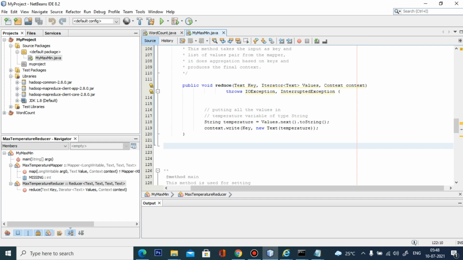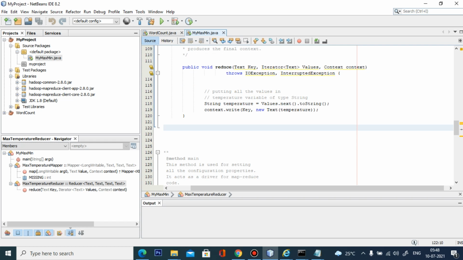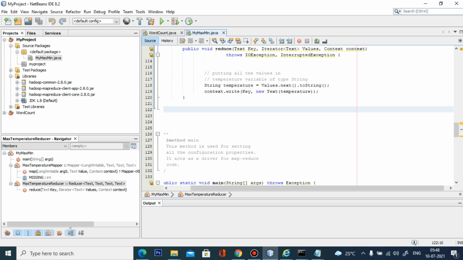So the iterator is nothing but we are collecting the list of temperature values from your mapper class. So in this reducer class, we are converting the temperature value to string and assigning it to the temperature, and the output of your reducer class is nothing but the key and final value.